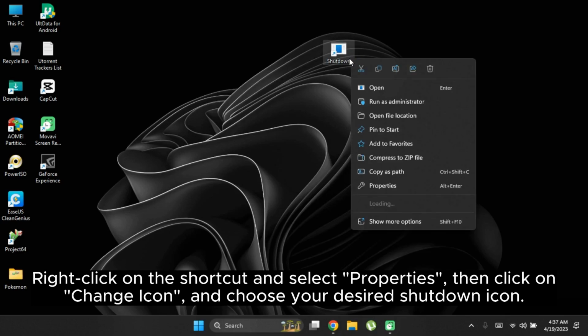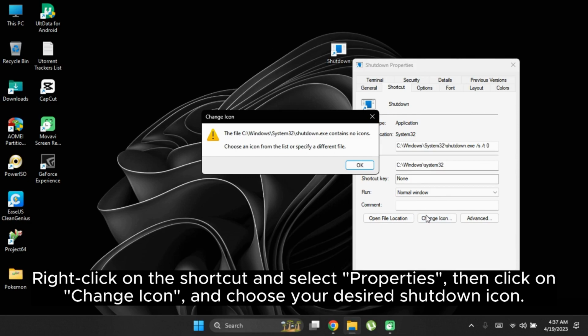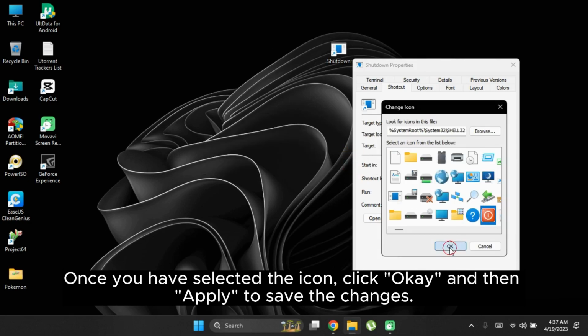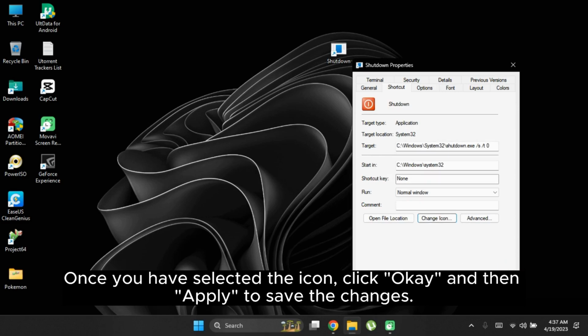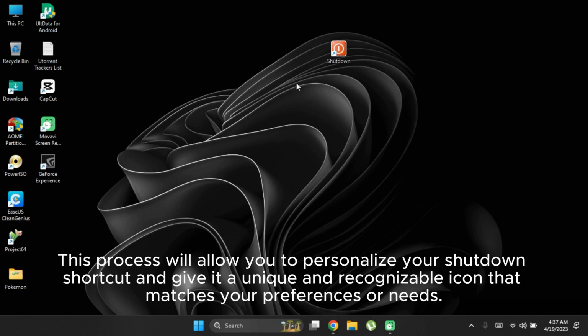Right-click on the shortcut and select Properties. Then click on Change Icon and choose your desired shutdown icon. Once you have selected the icon, click OK and then Apply to save the changes. This process will allow you to personalize your shutdown shortcut and give it a unique and recognizable icon that matches